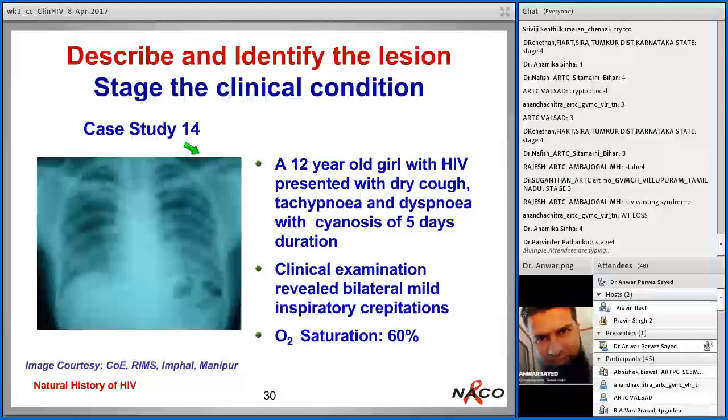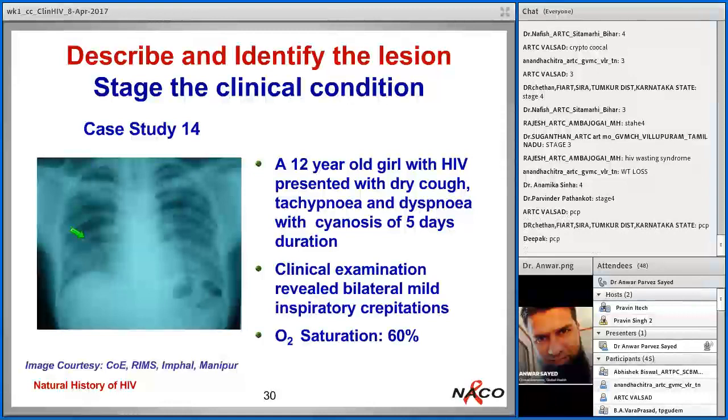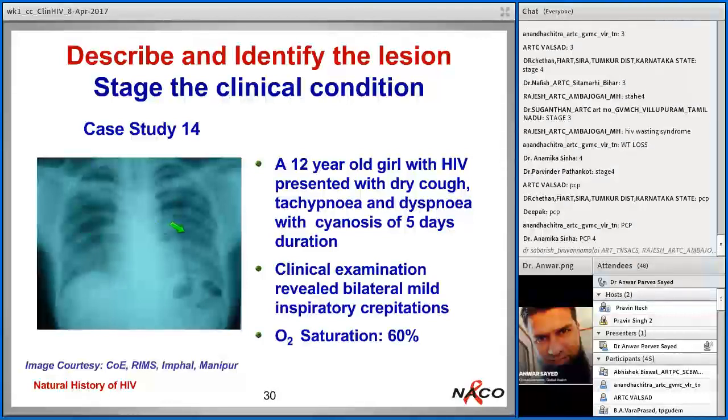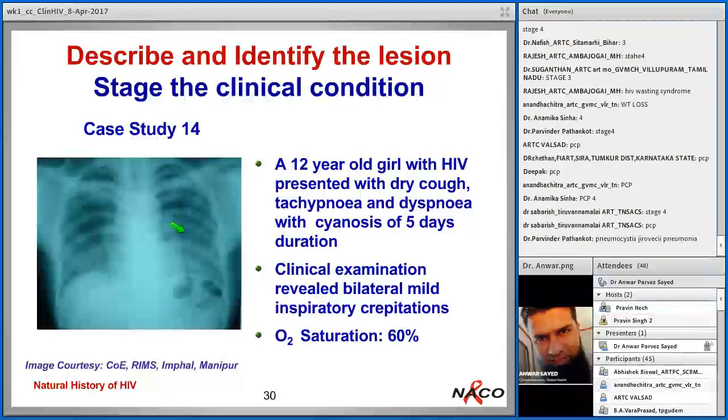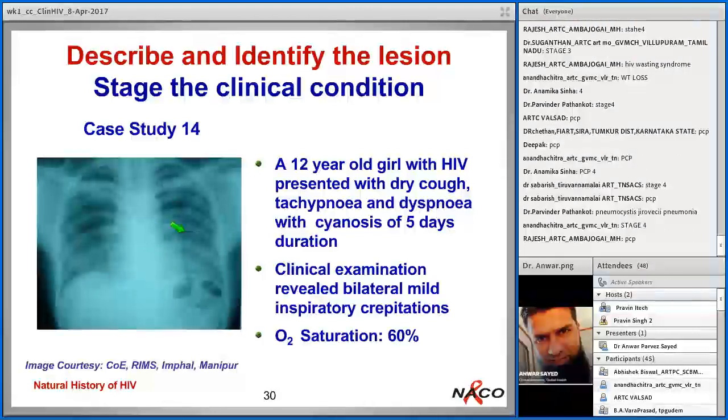Exactly, it is HIV wasting syndrome. Those who are saying stage 3 are not exactly incorrect, because if you see these conditions separately, both of these conditions will fall in stage 3. But as these two conditions are in the same patient, please remember the definition of HIV wasting syndrome, which says that when there is weight loss of more than 10% along with fever for more than 1 month, that is HIV wasting syndrome, which will fall under stage 4. Okay, so this is the definition of wasting syndrome.